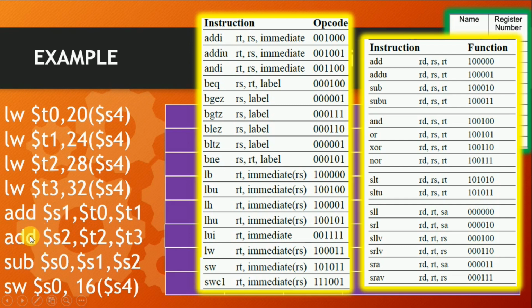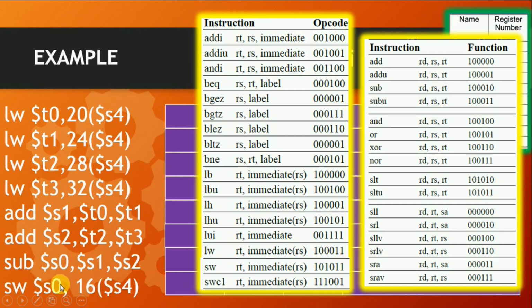The next three instructions are R-type instructions. Here we are using only registers as the operands. As you already know, for all R-type instructions the opcode value is always 0, so we have to see only the function value. For add the function value is 32. For subtract the function value is 32 plus 2, 34. Here T0 and T1 are source registers, S1 will be the destination. We don't have any shift amount value, so the shift amount will be 0. Here T2 and T3 are the sources and S2 will be the destination. S1 and S2 will be sources and S0 will be the destination.